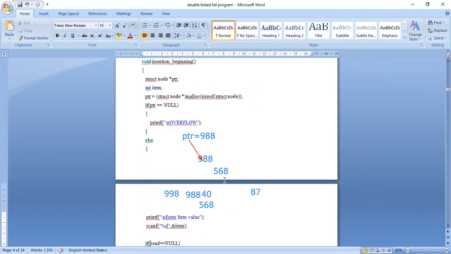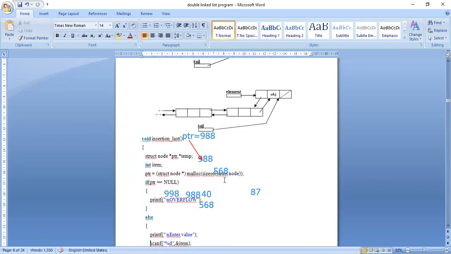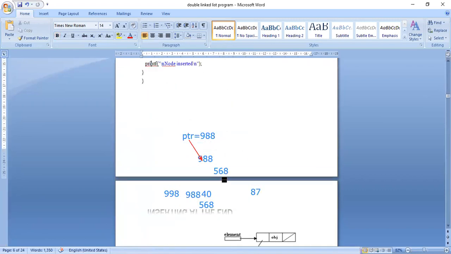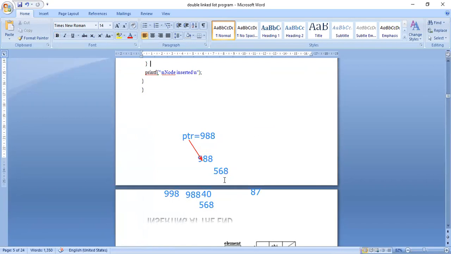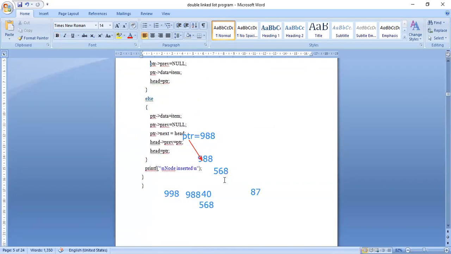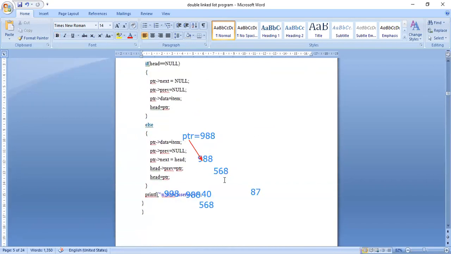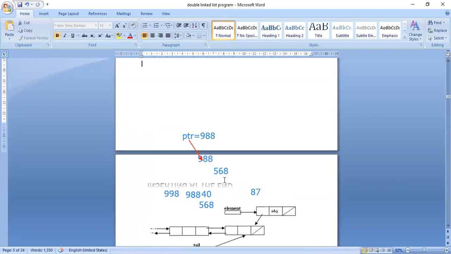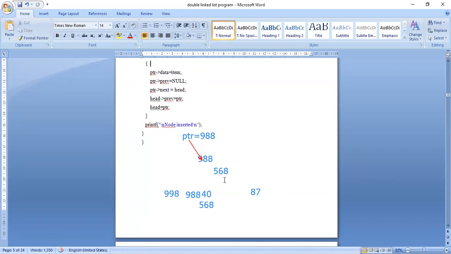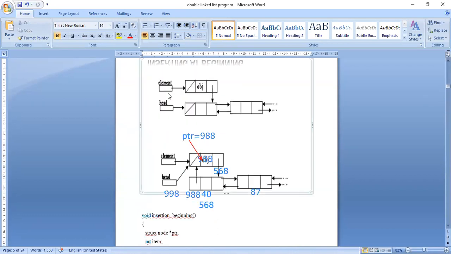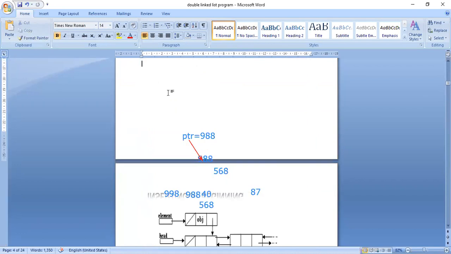Okay, now see. Now you can see pointer of previous is equal to null. Pointer of next is equal to head.